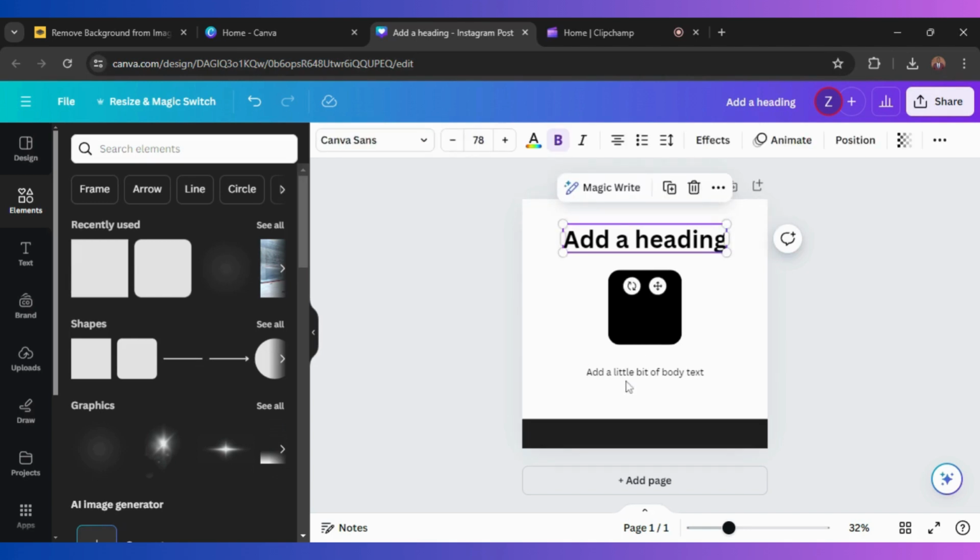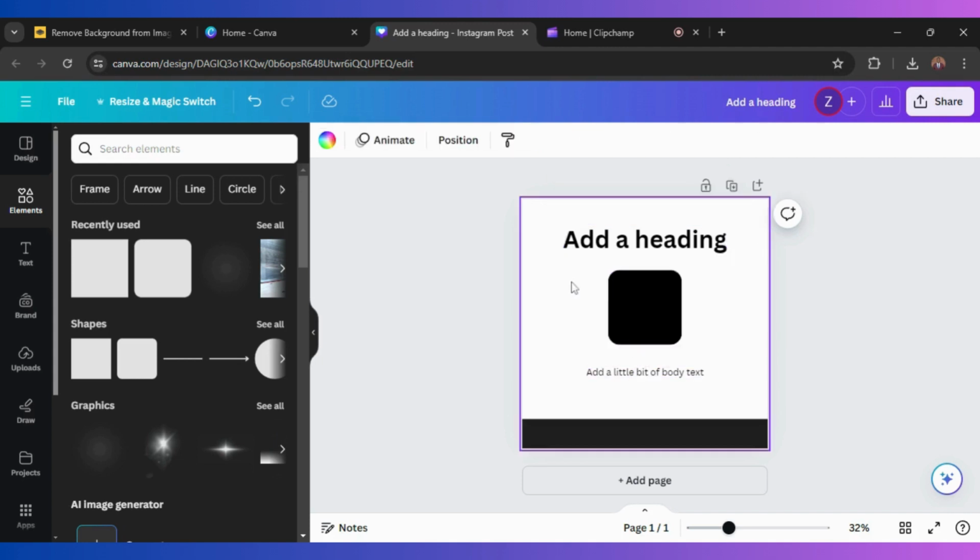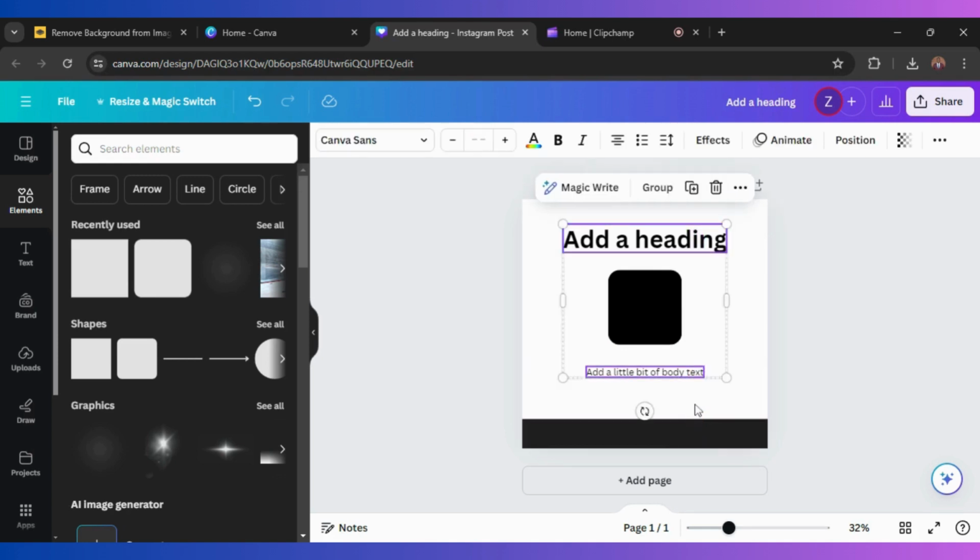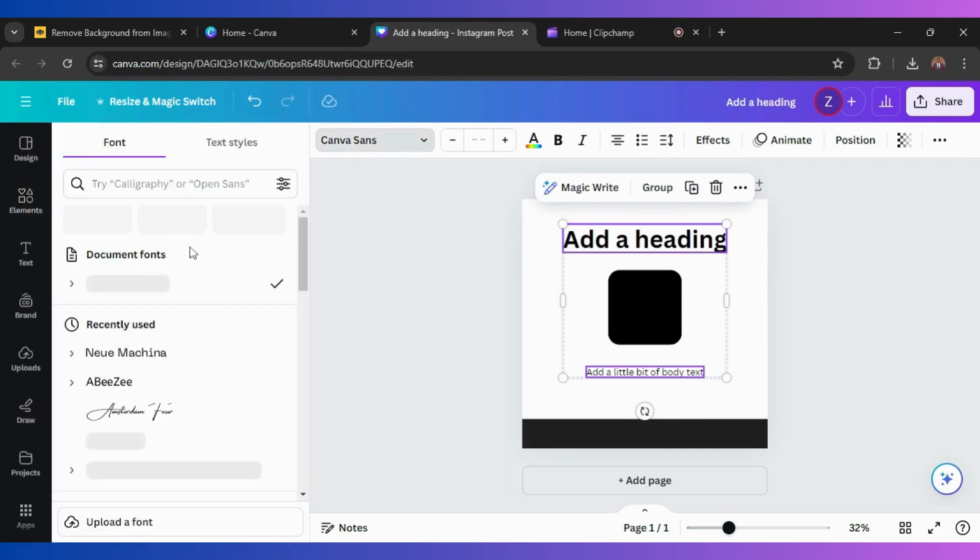So it's of vital importance that you choose fonts that work together. This is a very important thing. You don't just choose fonts randomly. You don't choose fonts just because you like them, but you choose fonts that work well with your flyer, that work well with the client, with the organization, with the industry that you are